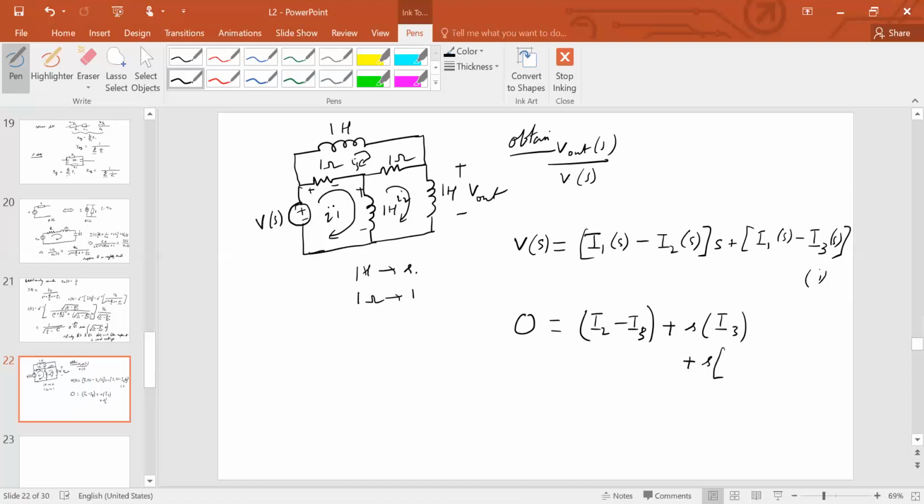I2 is in this direction, but remember we had considered I1 in this direction. So now we have to write I2 minus I1. So by simplifying, we can write this as minus S I1 plus S